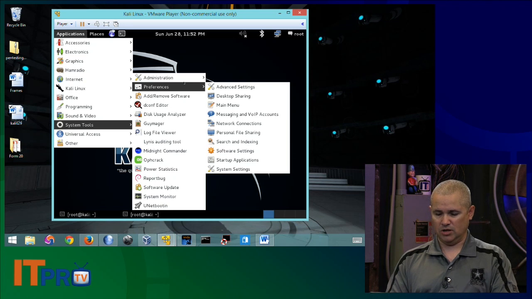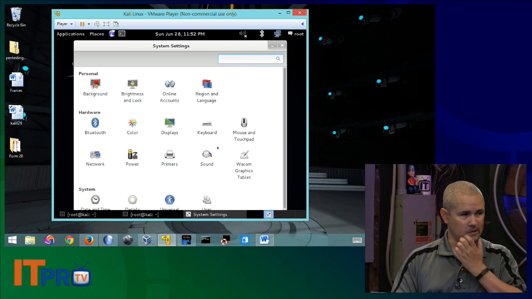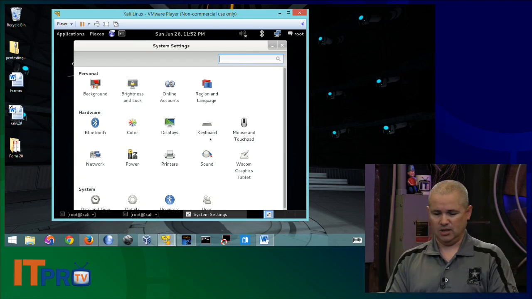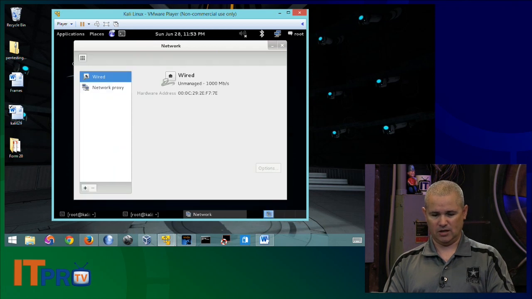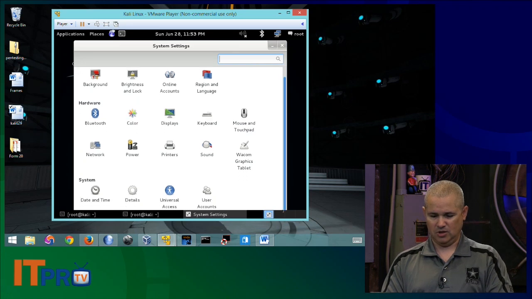As far as we're concerned, things that are of real interest to us, I guess I should point out this one, the system settings. This one you might find yourself going into. This could be a usability issue. Why I say it's usability issues, yeah, you do have the network stuff in there. It's just another way of looking at the network. But we also have, you can see, adjusting power, the mouse, if you have issues with that. You can see we have all sorts of things. The date and time,